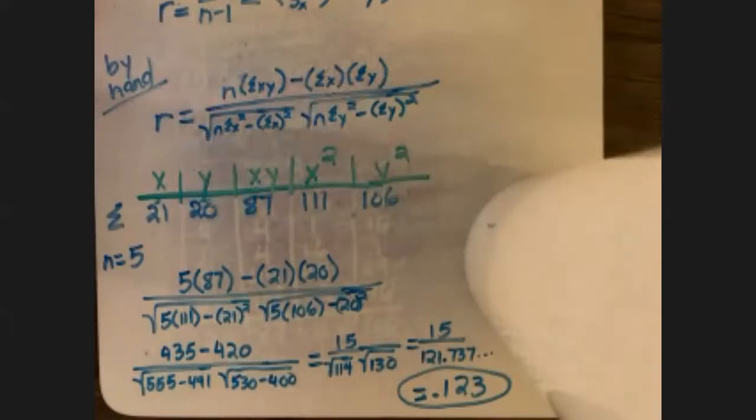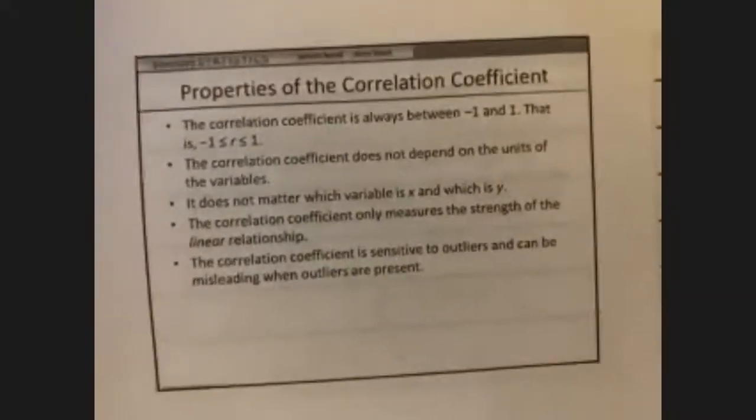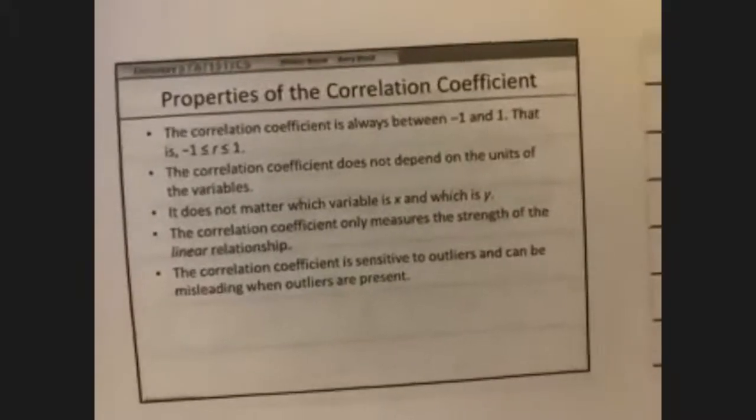Now, I'm going to clear this. We're going to talk about a couple of properties, a couple of which I've already mentioned, of our correlation coefficient here. And I'm going to zoom in on these, so don't worry, give me just a second. Okay, here we go. So now the correlation coefficient, which is that R thing, is always going to be between